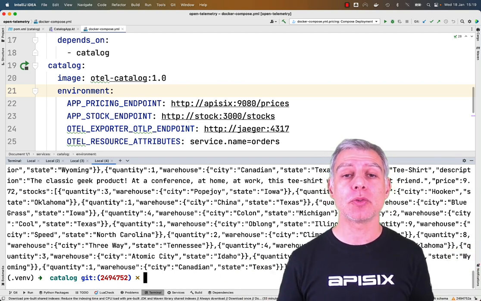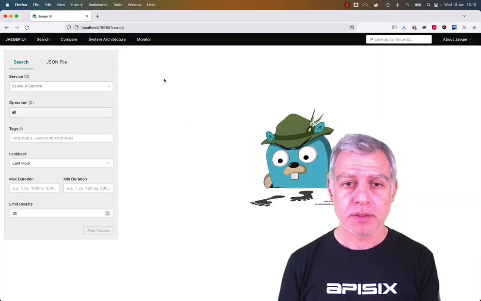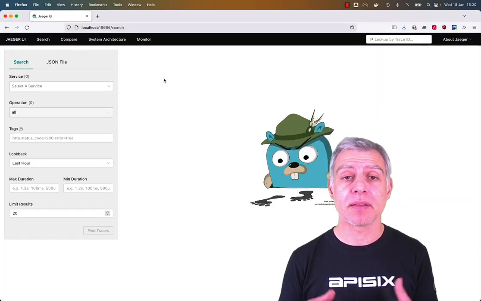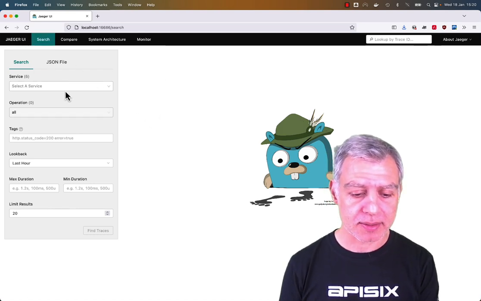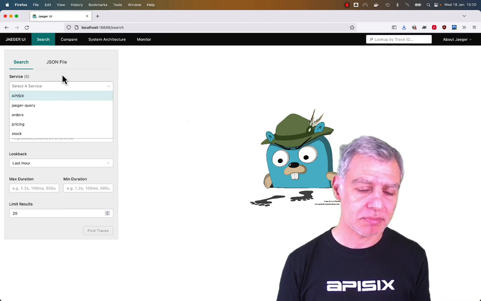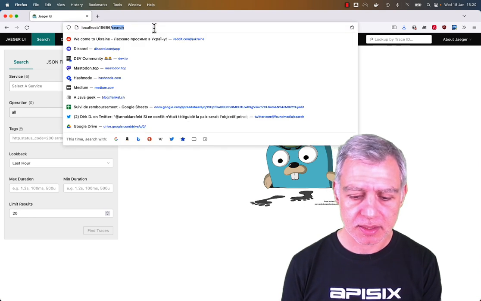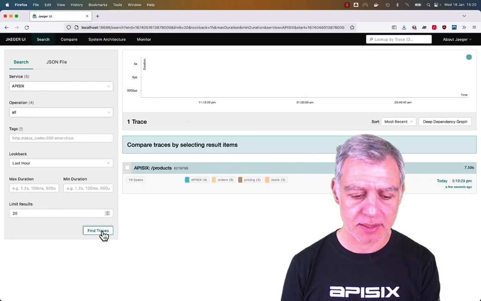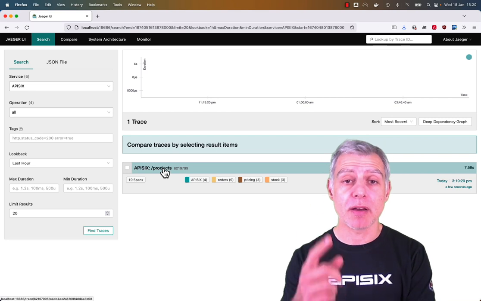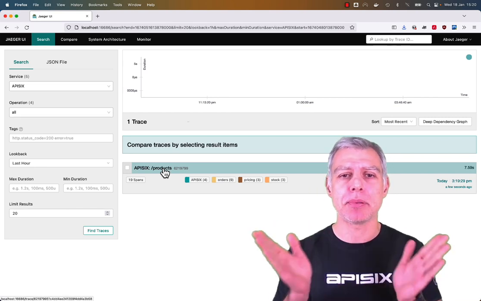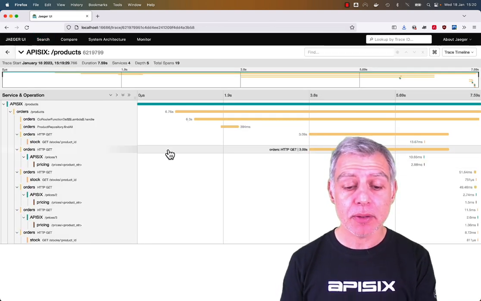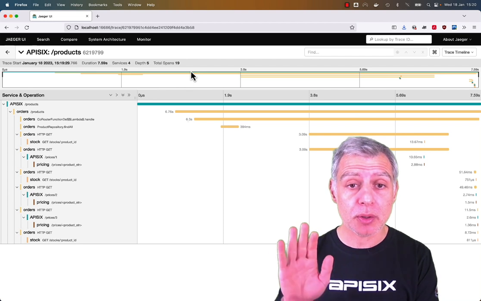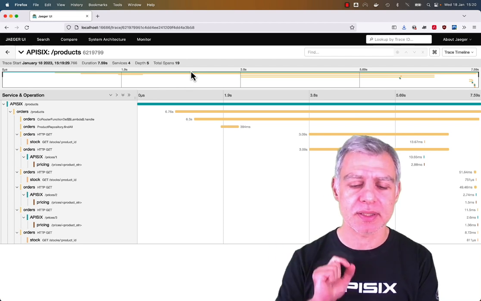And now the idea is to check the traces. I am now on the Jaeger web UI, and I can check, and here we can see all the services. So there are some traces. Here I need to refresh to find the traces. And here we have a single request because we sampled everything. Here we have it, and we can already see, with only auto-instrumentation, a lot of interesting data.